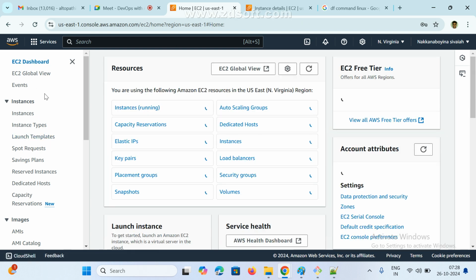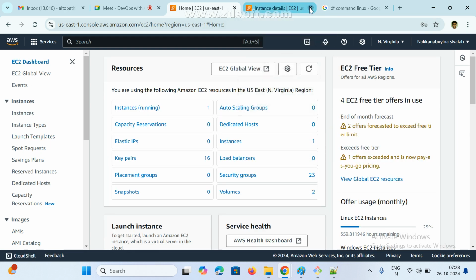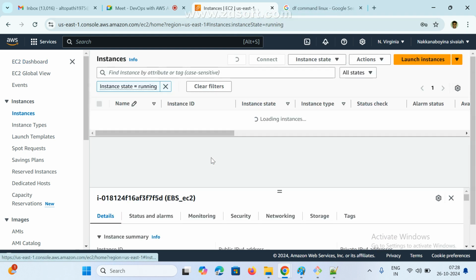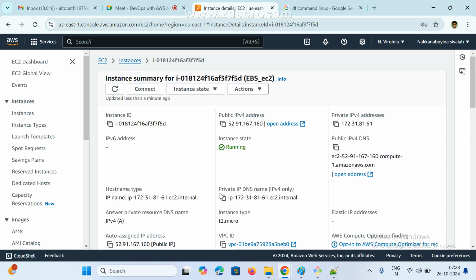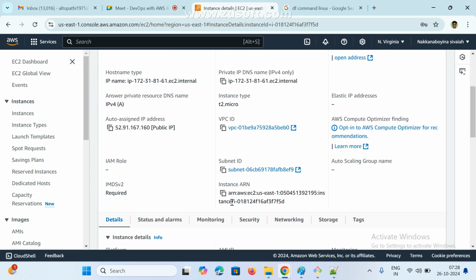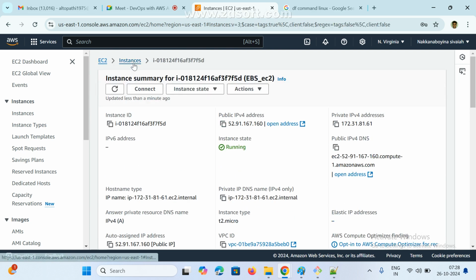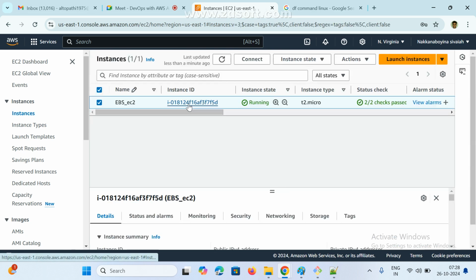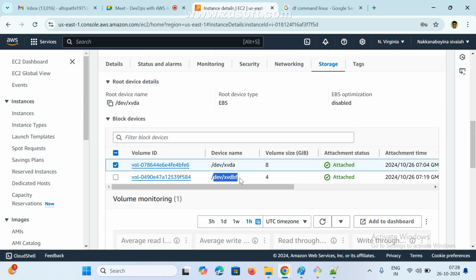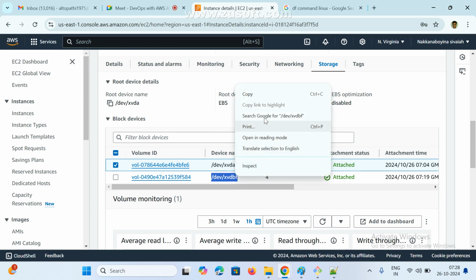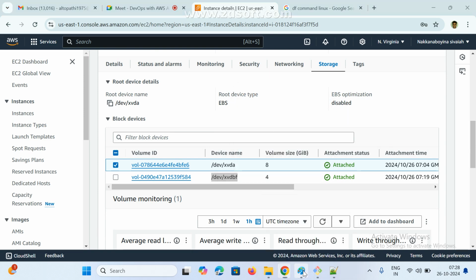So click on here. This is the device name. Click on instances, click on the instance, and go to Storage. This is my device name. What is my device name? xvdbf. This is the last command, guys. If you want to use it, sudo mount